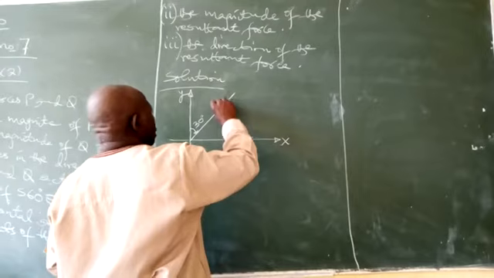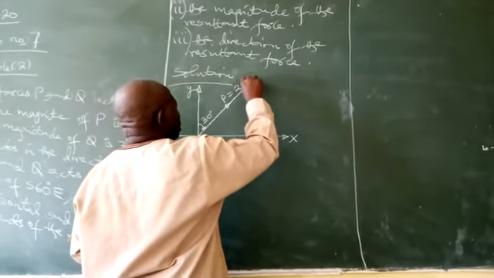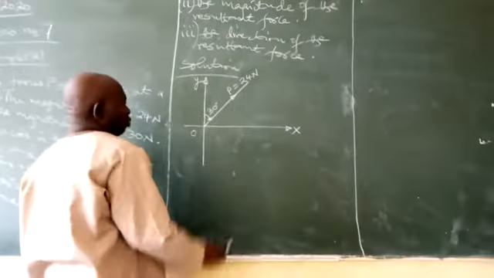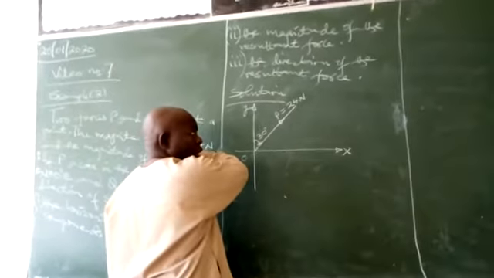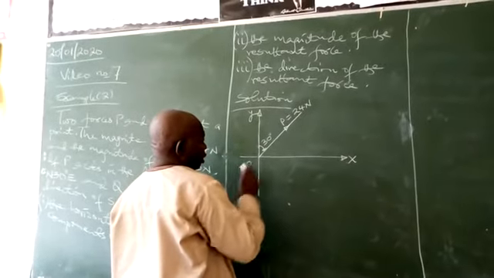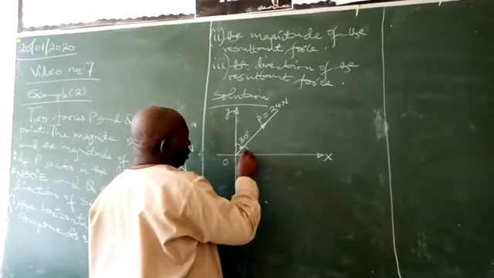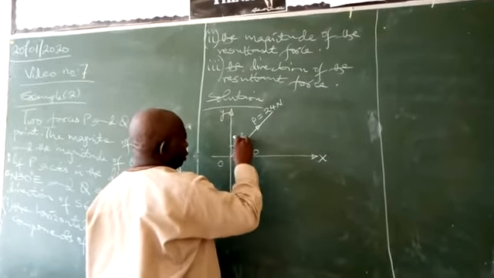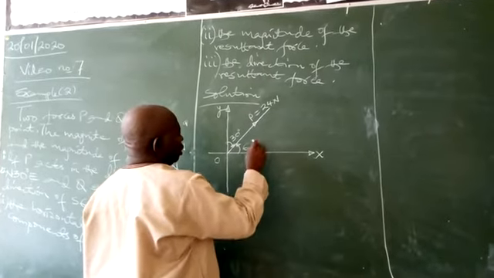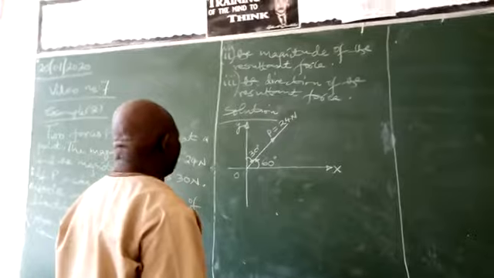Now force P here is 24 Newton. So if from the vertical here, this line of action of force P is 30 degrees, then the same line of action would be 60 degrees from the horizontal. 60 degrees, that is starting from 90, 60 degrees. So that is good. That's the location of that force P. Force Q,